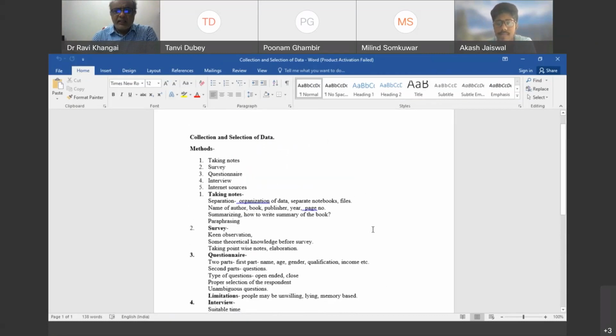And the next very latest thing that we use for data collection, information collection for our research is the internet. One important thing that you must follow while taking data from the internet is that you must mention the website from where you have taken the data or give the link, and also you must mention the date, because people are maintaining blogs, people are maintaining websites, but it is quite possible that I have put some information on my website today, I may take it out after 2 days, or I may change it, I may alter it.